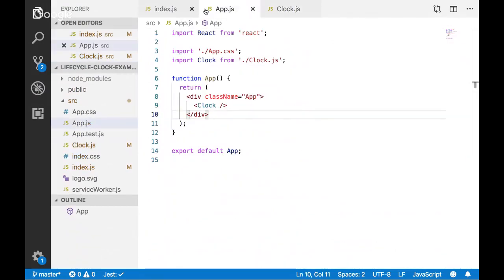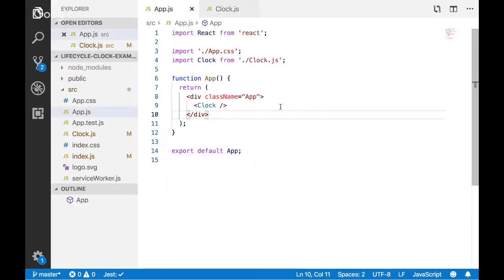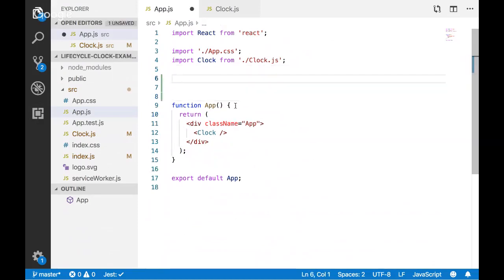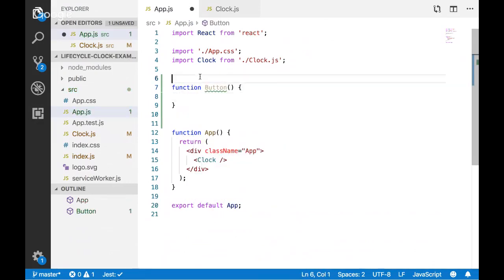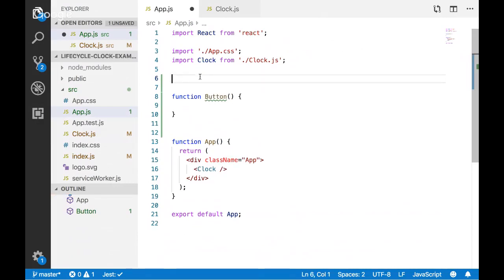So I'm going to go to my app.js. Let me see. What am I going to do here? Here's what I'm going to do. I'm going to create a simple functional component. I'm going to set a bit of some logic out here. How am I going to do this, right?